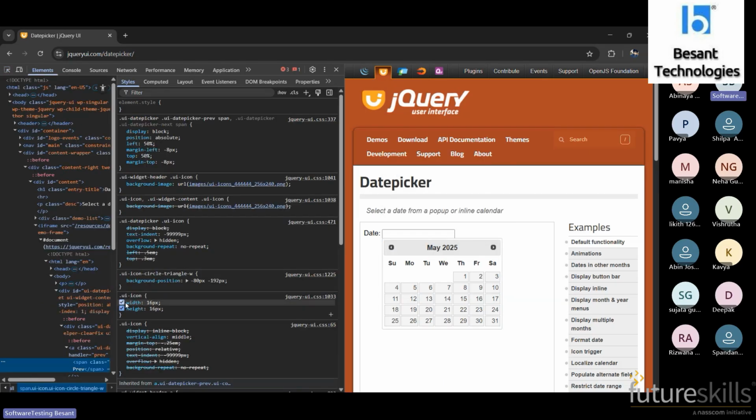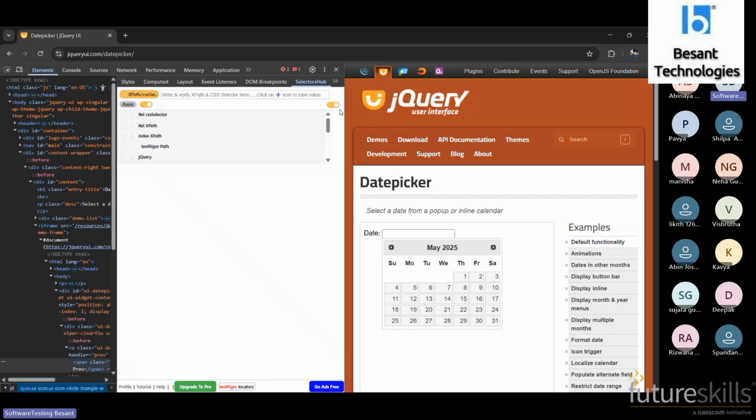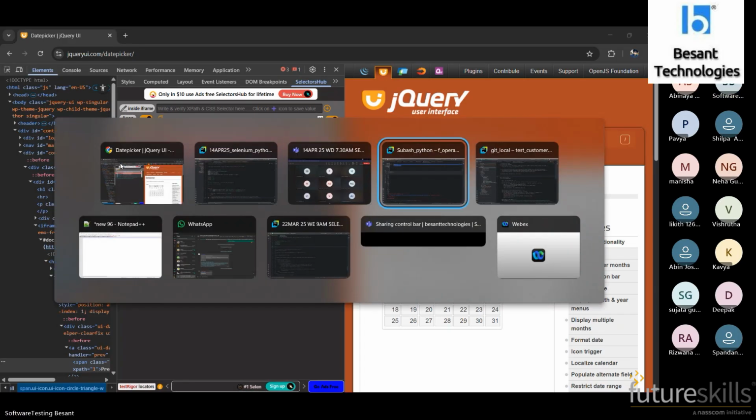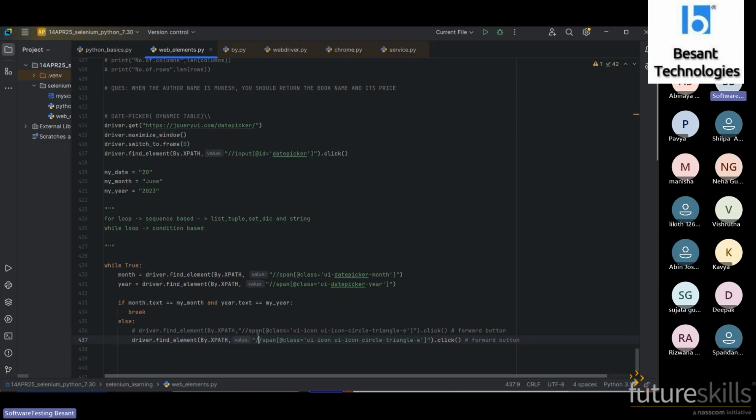Then go with Selector Hub, or you can take it manually. So these both are the same. One is for the forward button, and one is for the backward button.